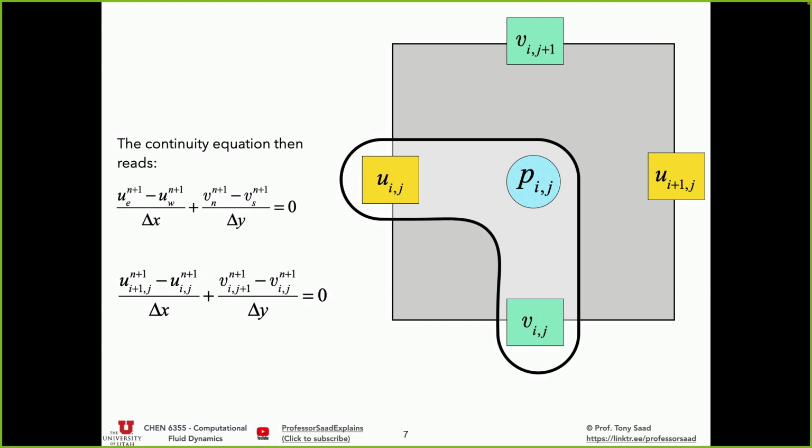Let's start with x momentum. For the time derivative for x and y momentum, we're going to do forward Euler on those, so there's no need to talk about the time derivative really, because it's just u^{n+1} minus u^n over delta t times delta v, so that doesn't matter. So the first complex term